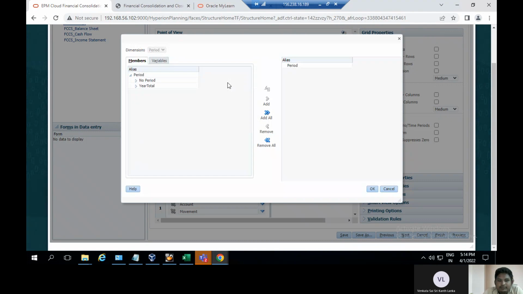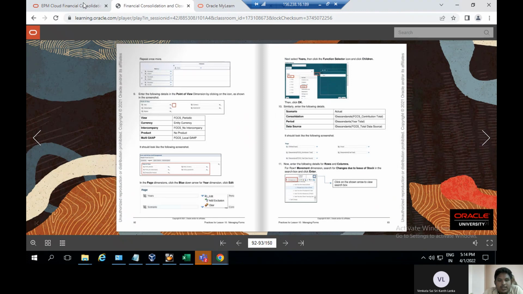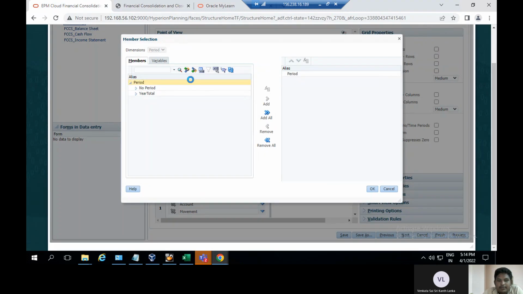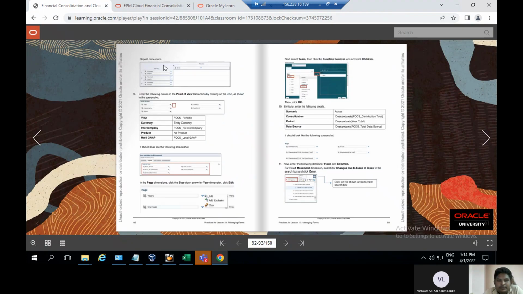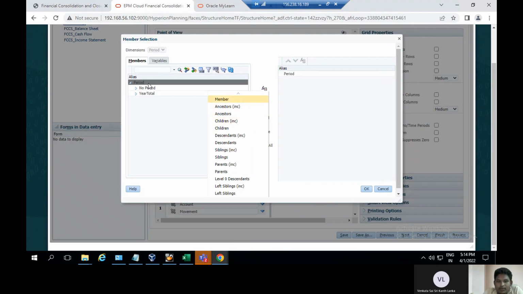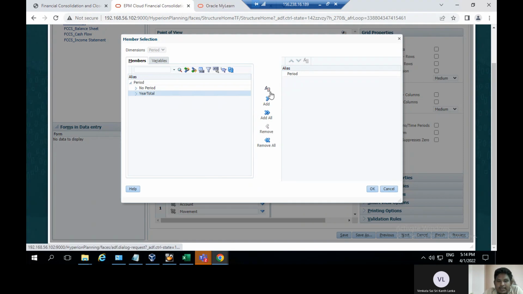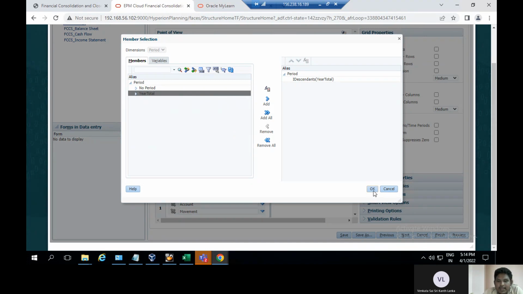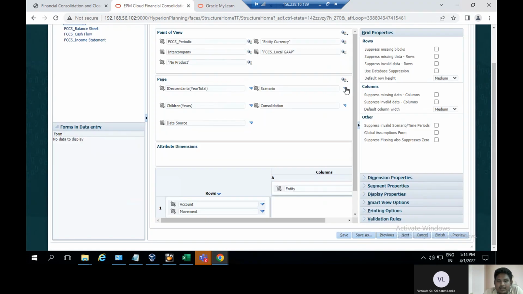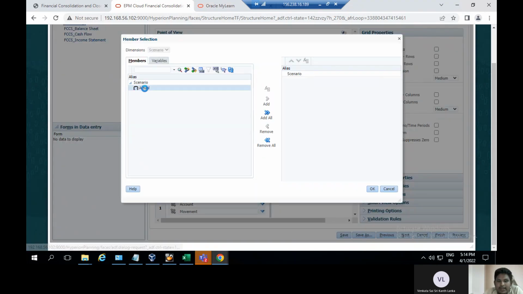Here to period is I descendants here total, and here to select the functional, and here to I descendants, and here to click on total, and click on fx, and here to I descendants, and click on OK. I descendants total is added, and select the scenario, edit, and actual, I click on actual, and click